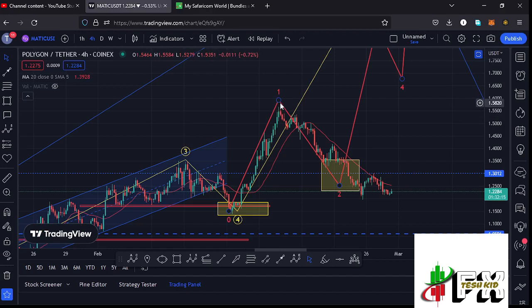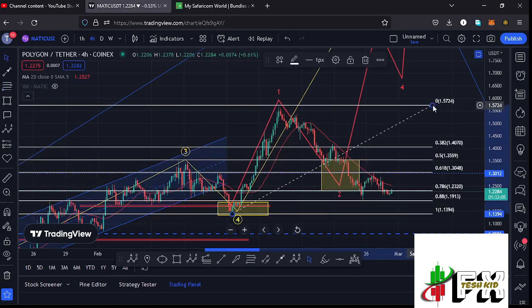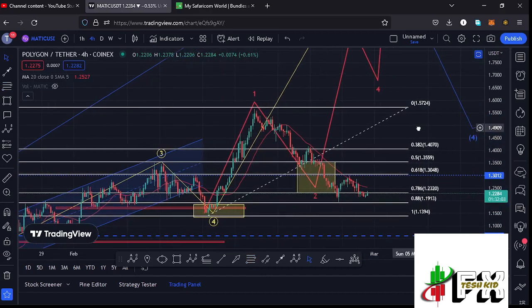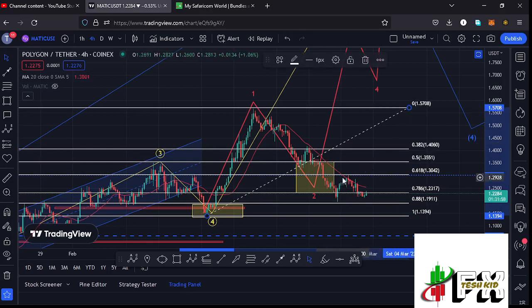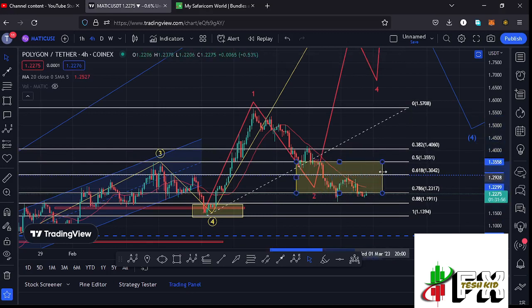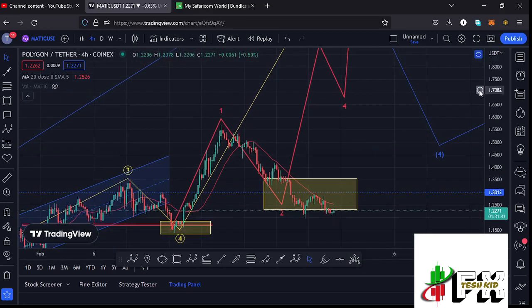And after seeing the high for that wave 1, we started a corrective structure in the formation of this wave 2, and using the Fibonacci's, connecting them from the low of the first wave to the high of that wave 1, that gave me a minimum retracement area in the formation of that higher Elliott wave count 2 between the fib level 0.5 and the fib level 0.78, which is an area that I have marked here on the charts, which is an area that you have also fully maximized between the $1.3551 mark and the $1.2317 mark. And after fully maximizing this target area, whatever I'm expecting next is a reversal to the upper side,